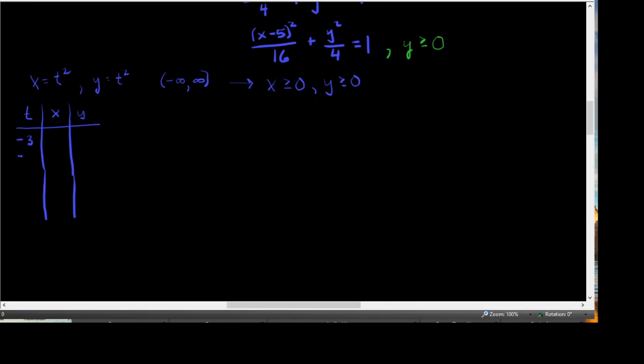So I'm going to start with -3 and do some of the integers. And I'm going to go all the way up to, I guess I can go to 3. Gives me a sense of symmetry if I do that. All right, so squaring t will give us x is 9, and of course y is the same thing. For -2, we'll get 4 and 4, 1 and 1, 0 squared is 0, 0 squared is 0, 1 squared is 1, 2 squared is 4, and 3 squared is 9. So graphing this